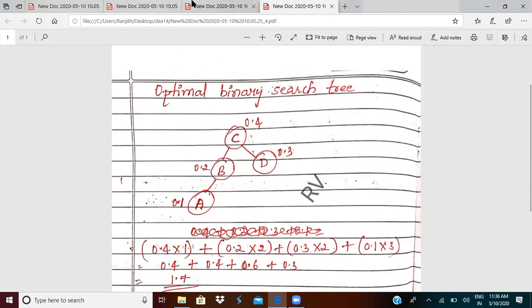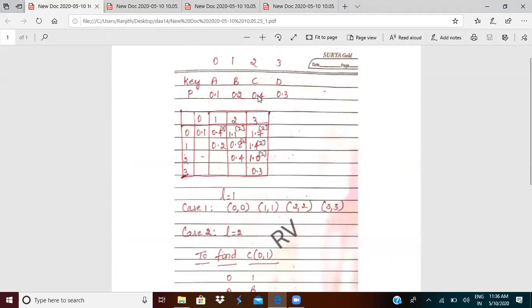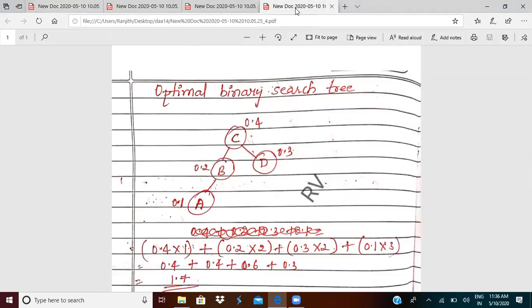See, first I have filled C, right? What comes after C? D. This D I have written on this side. Whatever comes after C, you fill on that side.